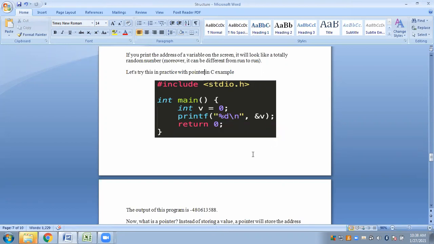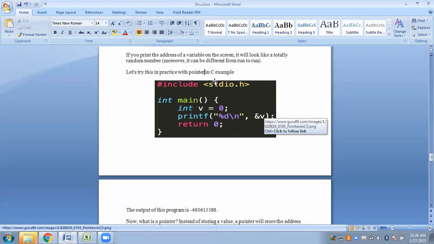But here what do we have? What are we trying to display? We are not trying to display the value that is stored in v, rather we are trying to display ampersand v. So what value will it show us? The address. If you omit this ampersand from here, suppose you only write v, then it will display the value that is stored in v, that is 0. But here we have an ampersand, so ampersand v means the address. It will simply display the address that v is pointing to.